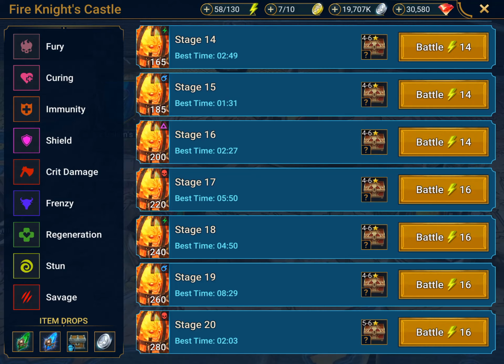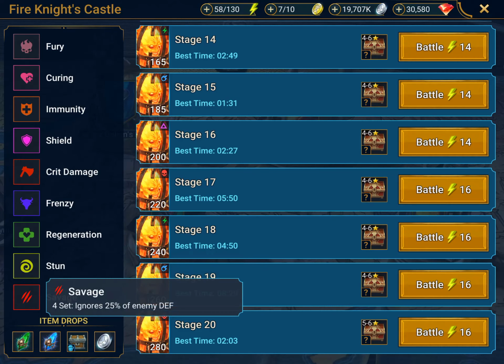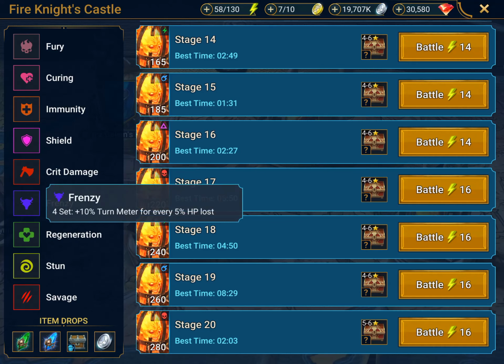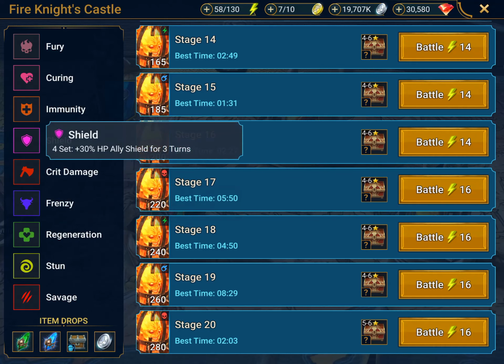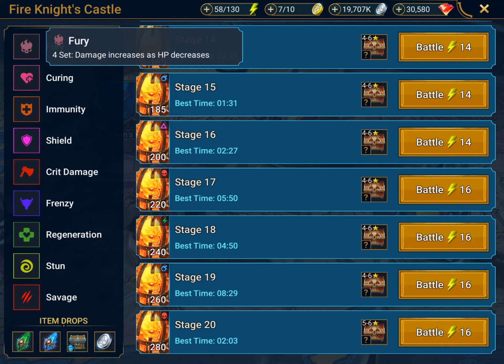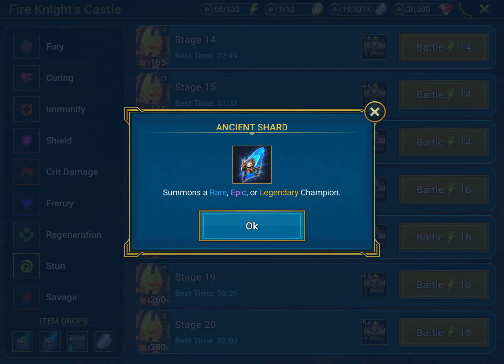For this first video, we are going to talk about how to speedrun Fire Knight 20. This topic is of interest to me because this dungeon drops several very nice to have, but not what I would consider 100% necessarily must-have sets, namely the stun set, the savage set, and the crit damage set. I think the Frenzy set is niche but grossly underrated. The Shield set is probably the best of the rest, but it is always a good idea to hang on